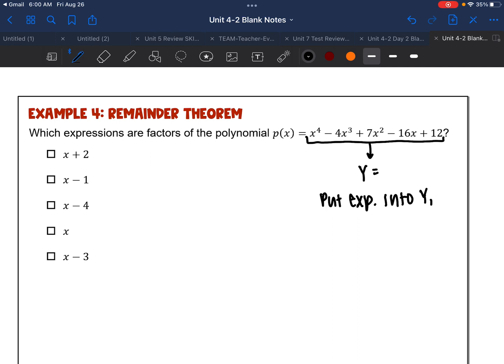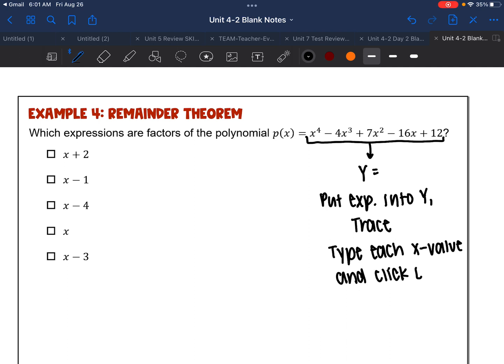Then you are going to click trace. Then you're going to type each x value and click enter. And the y value that it gives you